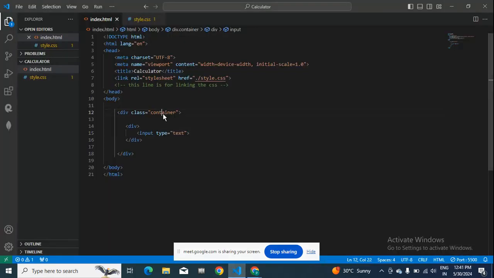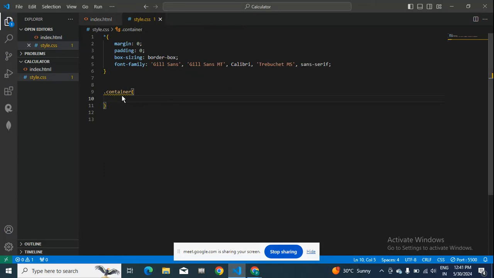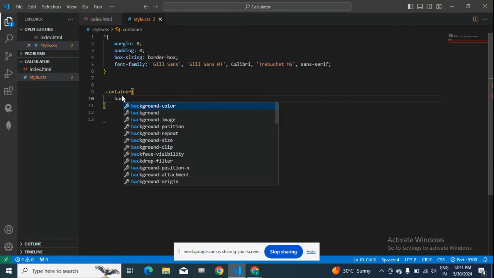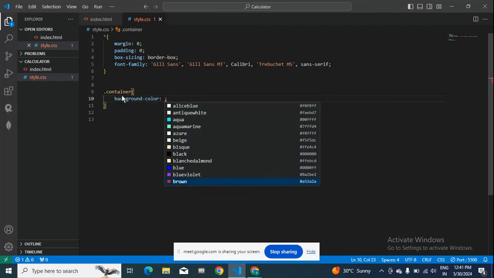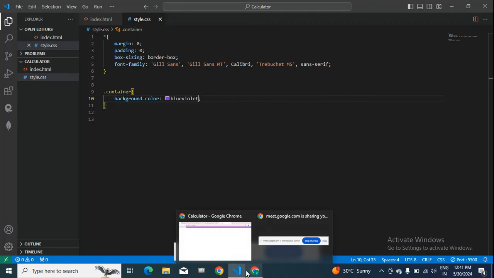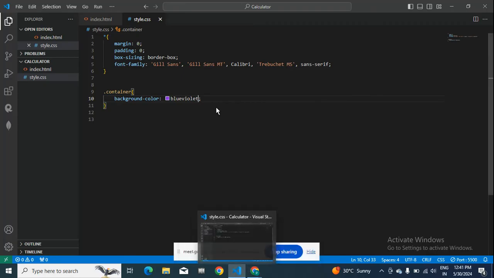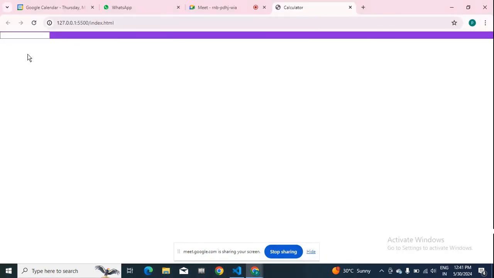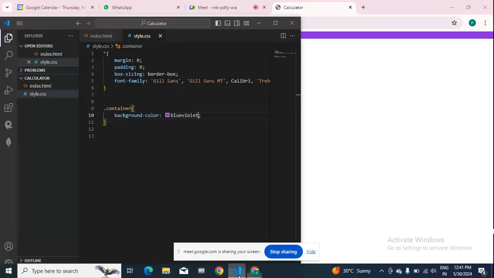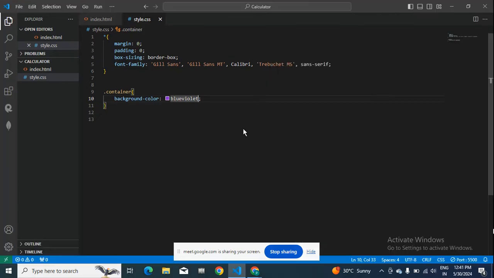So for the container what I'll be doing, I'll be taking the width, sorry, background color, that will be something I have given something like blue violet. So how the output is, see, you are getting like this. Okay, and